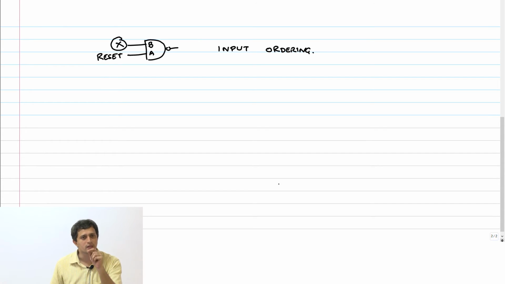Now I can take this one step further. Input A is very critical. Reset is not a critical signal. It's going to happen very few times. Okay. So now let me see how I can improve the logical effort of this input X, right? The question I'm going to ask is, should this NAND gate have a sizing of 2222, or can it have something else where I can help the signal X to switch faster? Okay, so let's look at that case now.